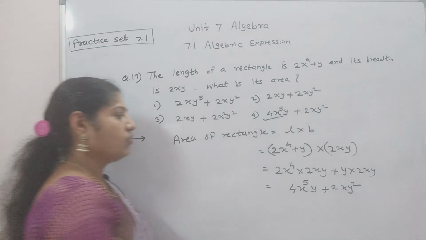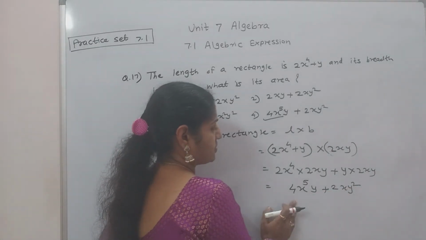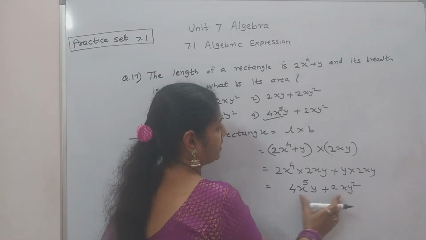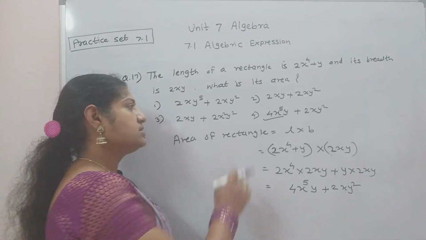4x raised to 5y plus 2xy square. These are the unlike terms. So there is no addition between them. Don't write 4 plus 2, 6. So our answer is option